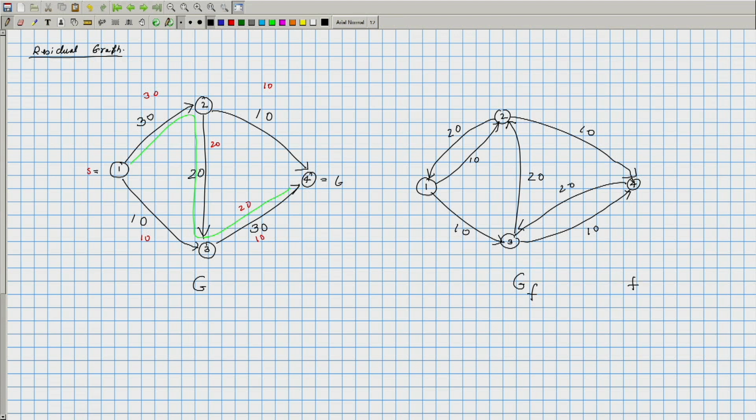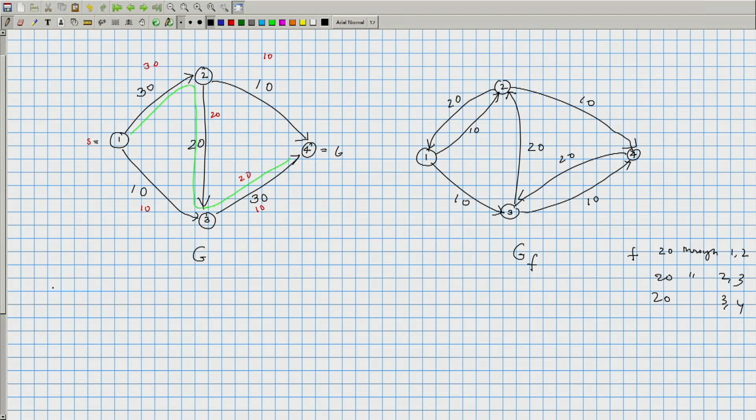Okay. So, F was routing 20 through 1 2 and 20 through 2 3 and 20 through 3 4. Okay. So, corresponding to that flow we get this particular residual graph. Now, look at the residual graph. In the residual graph there are many paths from, let us say, 1 to 4, and those residual paths can be used to route additional flow. Okay. For example, you could take the 1 to 3, 3 to 2 and 2 to 4, and you could route an additional 10 units. Okay. Once you do that,